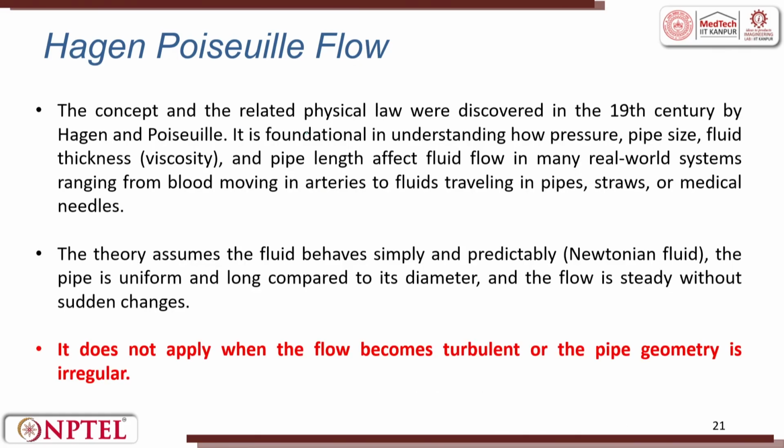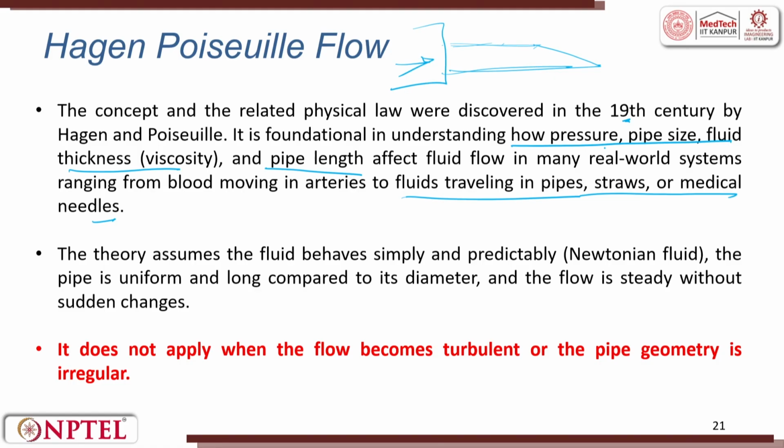The concept and the related physical laws were discovered in the 19th century by Hagen and Poiseuille. It is the foundation of understanding how pressure, pipe size, fluid thickness, and pipe length affect the fluid flow in real time. For example, flow through a pipe, a straw and a medical needle. With a medical needle, you apply a pressure to a fluid. So, how pressure, pipe size, fluid thickness, which is viscosity, and the pipe length and diameter